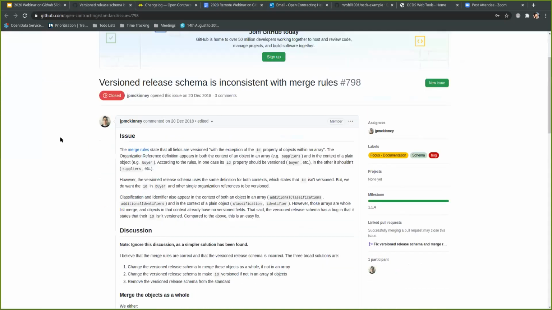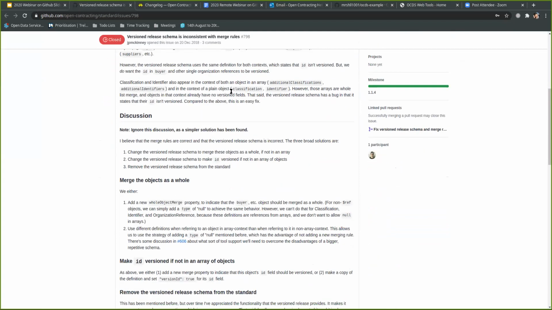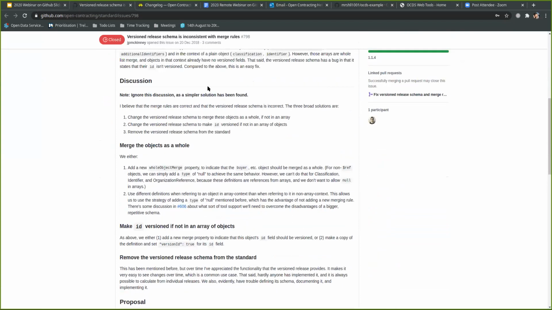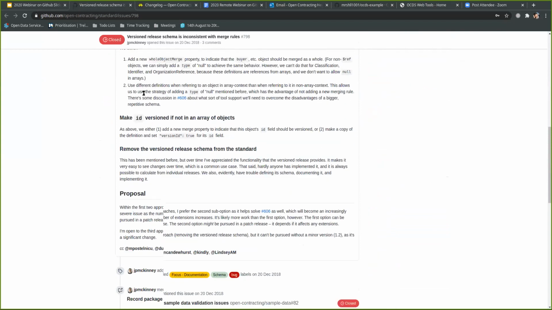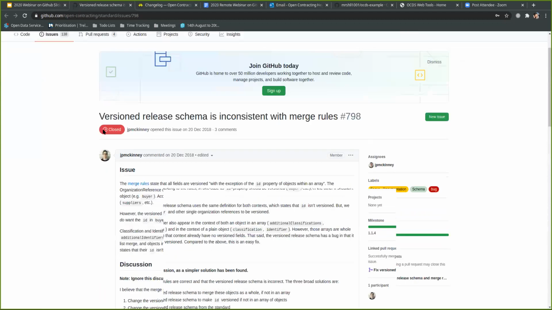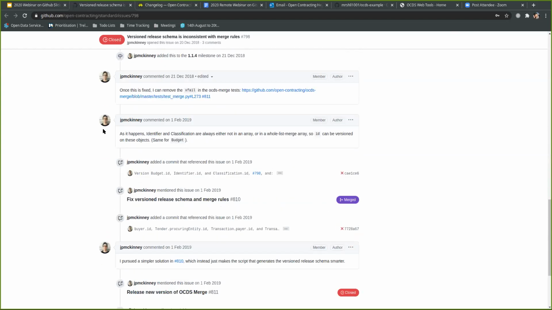So here, this one is closed. This one has already been resolved, but James has highlighted that the versioned release schema is inconsistent with the merge rules. So he's filed a bug report, and he's described what the issue is. I won't go through it in detail. And then he has put some notes in for discussion, but he's also noted that a simpler solution has been found. So he's updated this. And then James has been continuously updating the issue. This is a bit of a weird example in that there's only one person involved in the discussion. James is very active in developing the standard, and in fact, it's his job. But